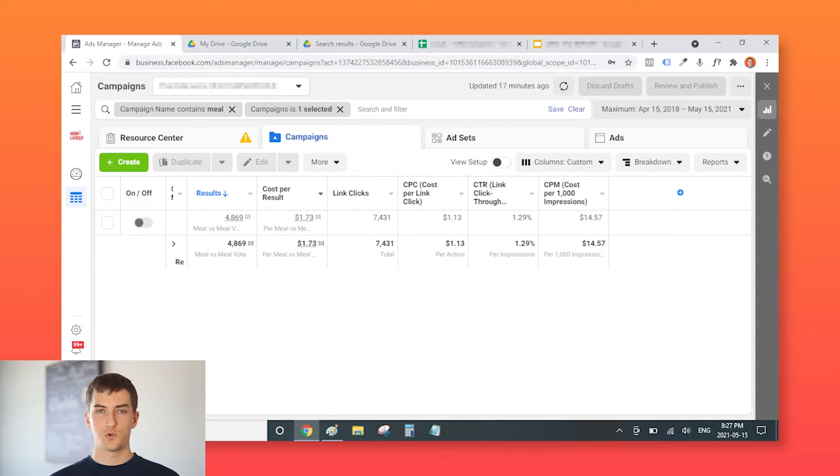And so we created kind of this playoff bracket where you could go and vote, like we matched one menu item up against the other, and then you could vote which your favorite was. And then on the landing page, you could also optionally enter your email to join their newsletter. And so the conversion event here was optimizing for people who voted in the contest as opposed to provided their